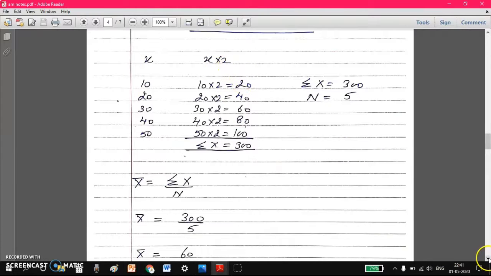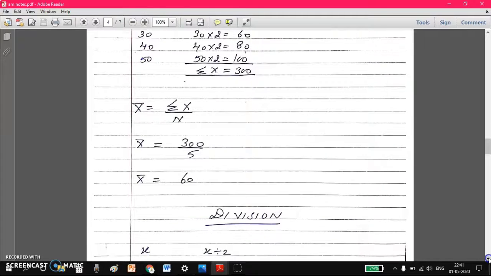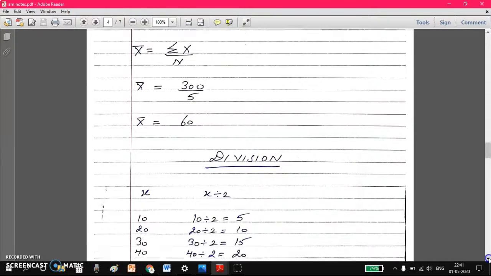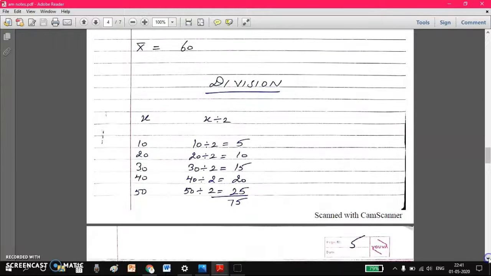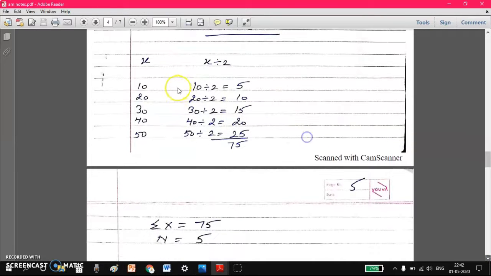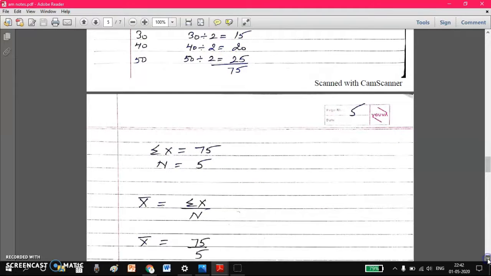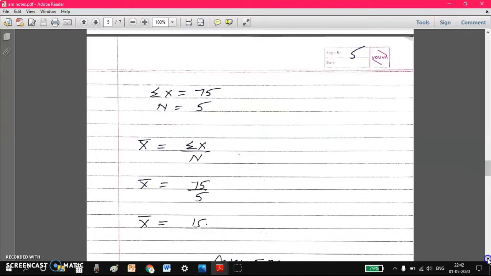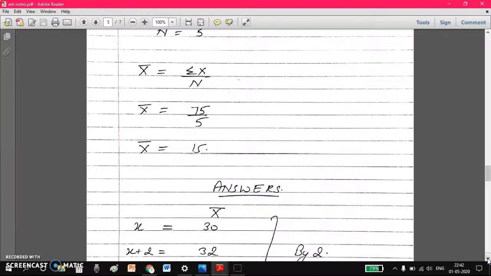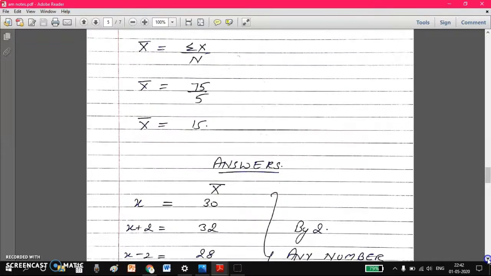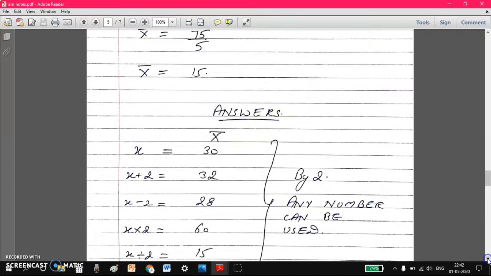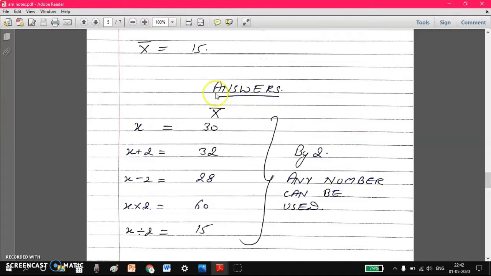Students, I'm saying this again, any number can be asked to you to multiply in the X series. So you just have to use the direct method. Again, this is the division by 2. So I have divided all the numbers present in the series by 2, and in the end I've calculated all the numbers by adding them. So the direct method is used here. There is nothing tough. You just have to simply divide, multiply, subtract, add, and after adding that X, you will divide by N. So this is the answer of all the calculations.